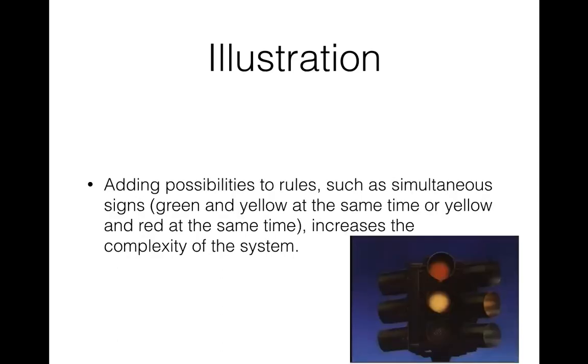Here are other possibilities, again increasing the complexity, increasing the expressiveness of the system. You have simultaneous signs like red and yellow at the same time, right? Again, it causes confusion, which is why you don't see that very often, but you can think of having a new meaning to the system. Something like, okay, now you really need to stop going. Like just stop, just don't proceed further, right? So you can always add new things to the system to increase expressiveness and create complexity.